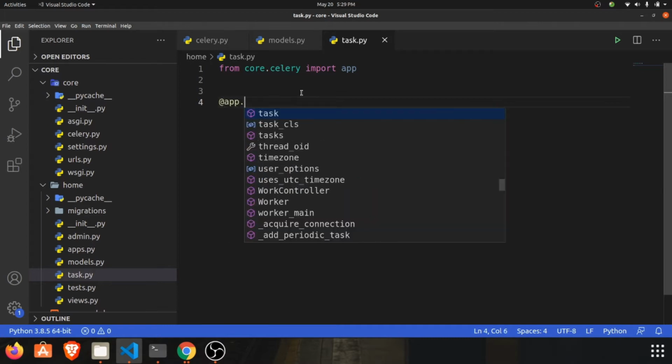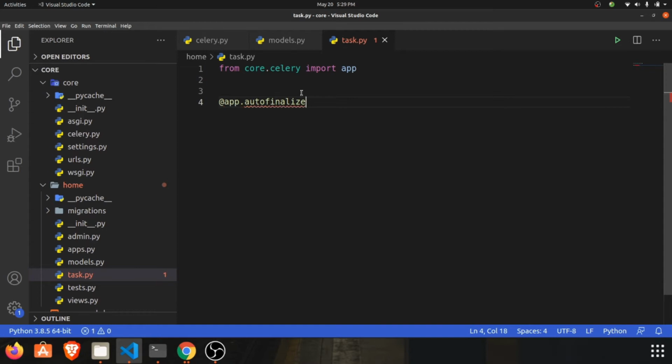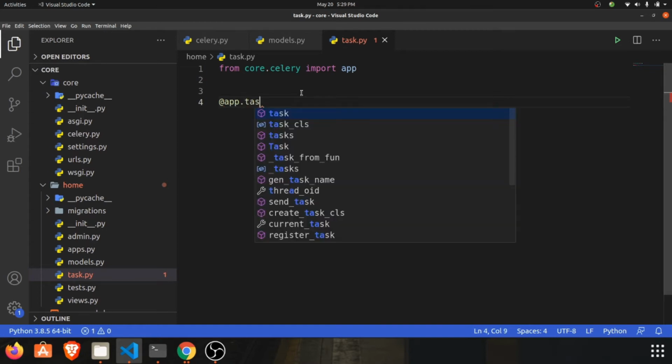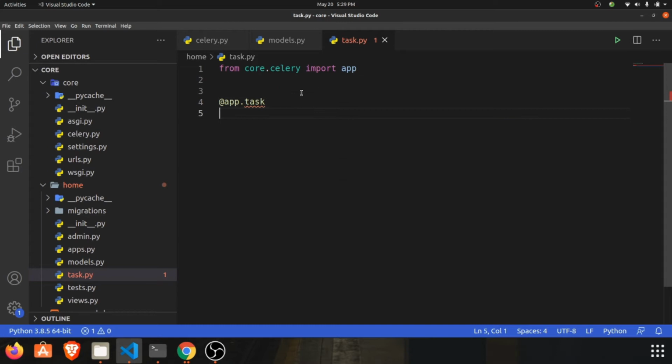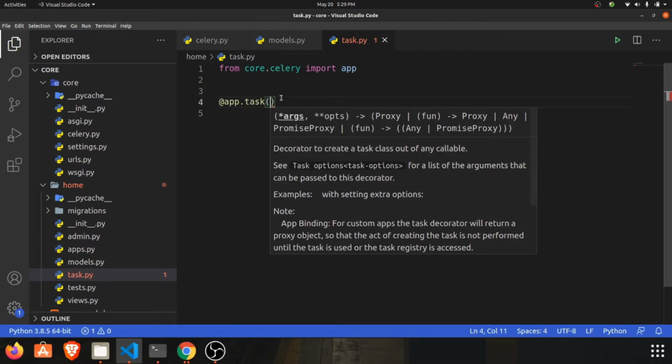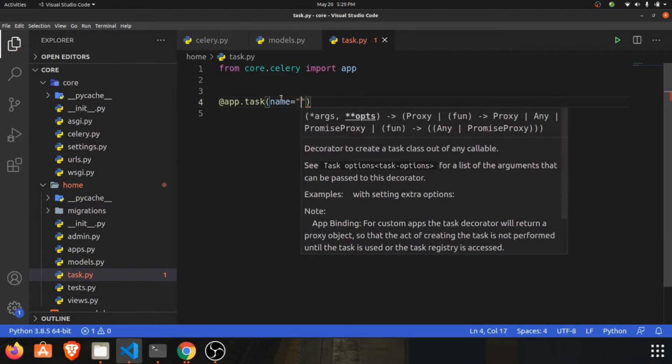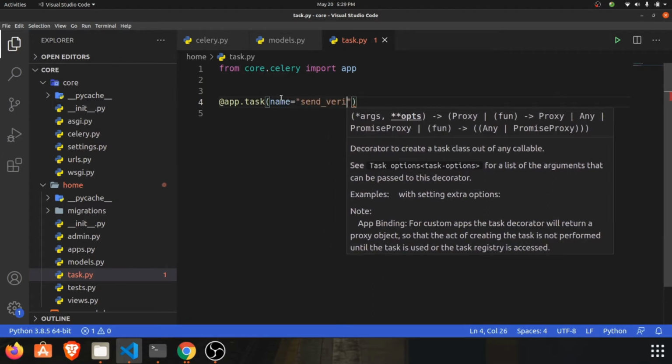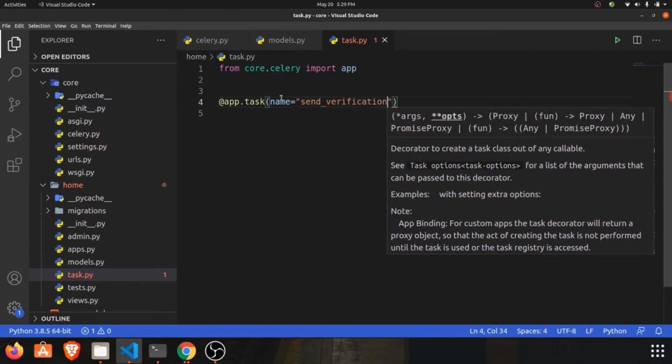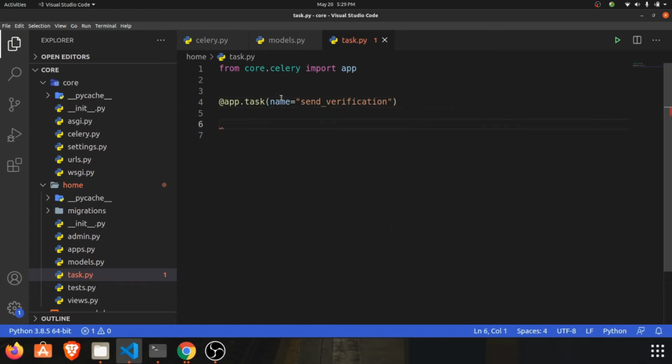We need to add the decorator app.task, and we have to pass the name, which is send verification.